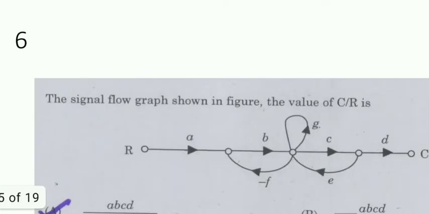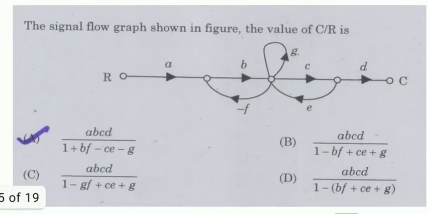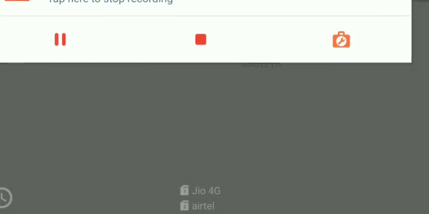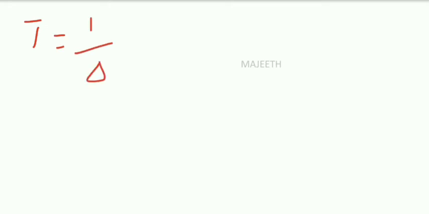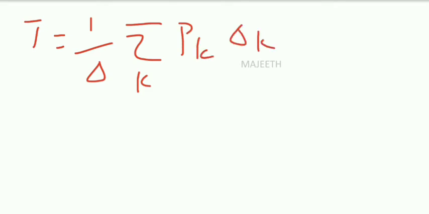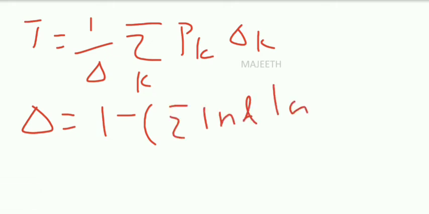Okay, next question: find the value of C by R from the signal flow graph shown in the figure. Right, we know how to find it. We have to use Mason's gain formula, that is given by T is equal to 1 by del, summation k, Pk del k, where T is the transfer function, Pk is the gain of the forward path, del is equal to 1 minus sum of individual loop gains